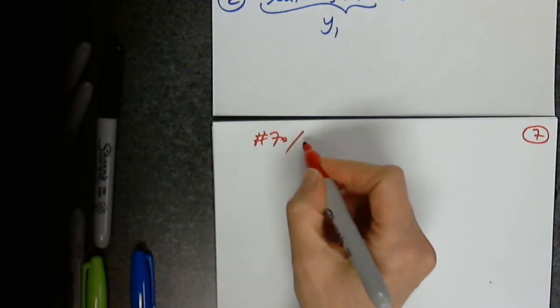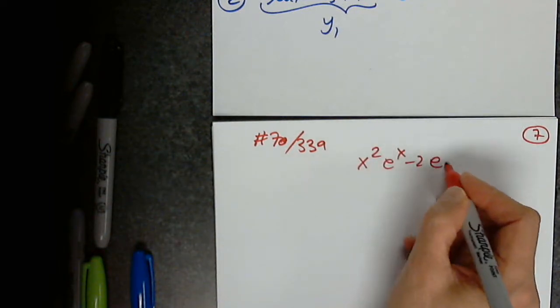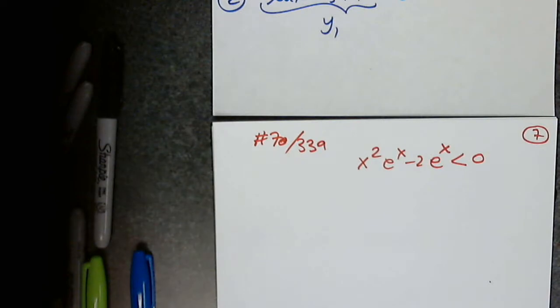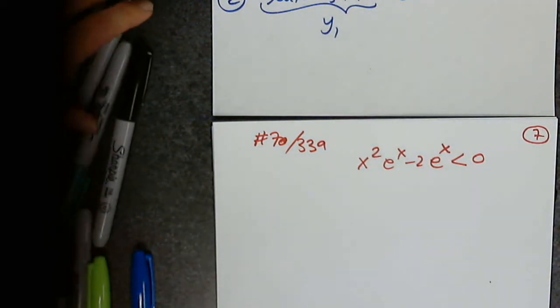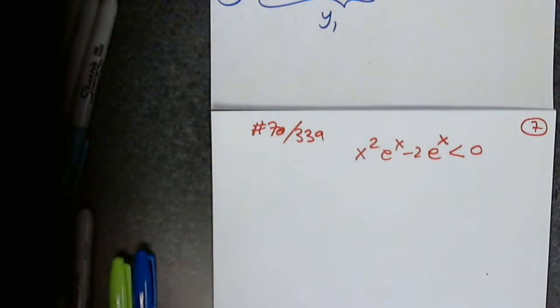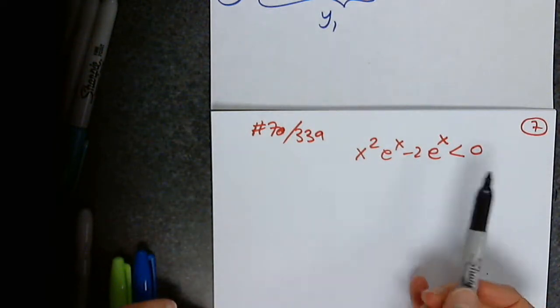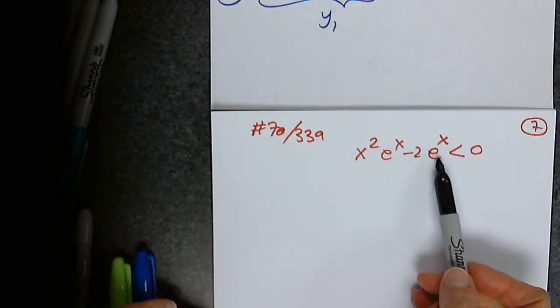So which one? X. Very good. Good pick. 339. So we have x squared e to the x minus 2 e to the x less than 0. Perfect pick. Actually, we should do more of these high-end type of problems because of your next steps in math. And I know you told me this is your last one. That's why you're torturing us. No, I'm kidding. Okay, well, obviously, this is an inequality that has two terms, and they both have e